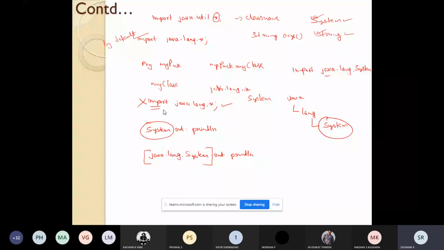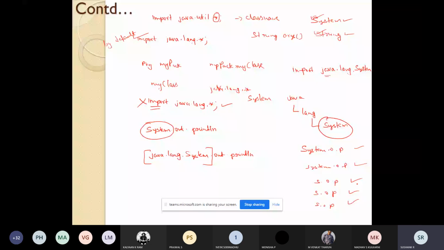So the import statement is convenient for the programmer. You need not use the fully qualified name. For example, if there are 5 print statements, System.out.println, for printing the name, USN, age, address and department of a person, then instead of writing System every time, he would have to write java.lang.System.